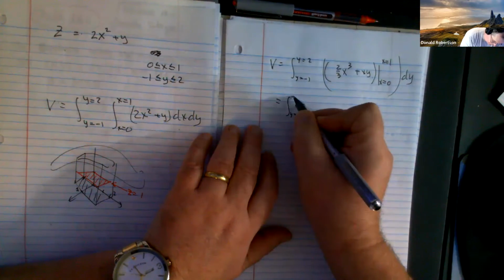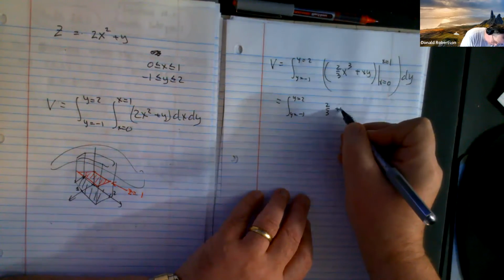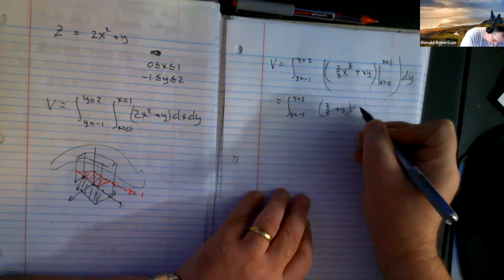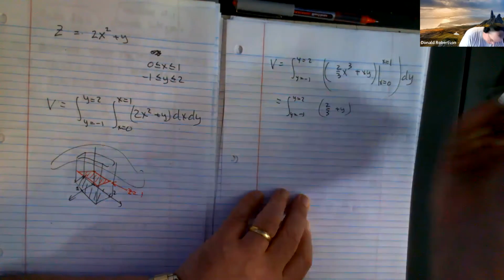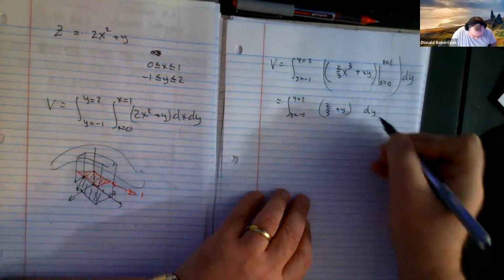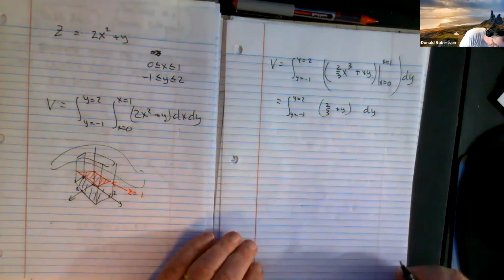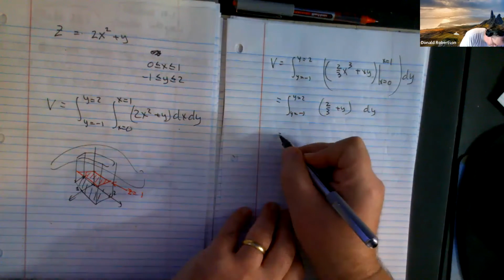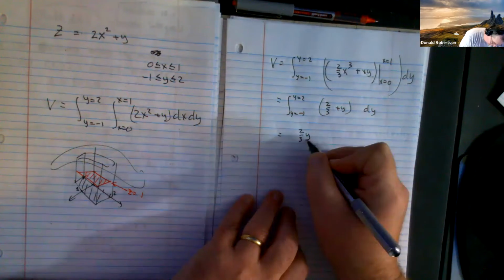Right, you plug in 1, you get 2/3. You plug in 1, you get y. Take away, you plug in 0, plug in 0. That's how you get that, right? Because these essentially annihilate each other. So what you've now got is 2/3 y plus 1/2 y squared,